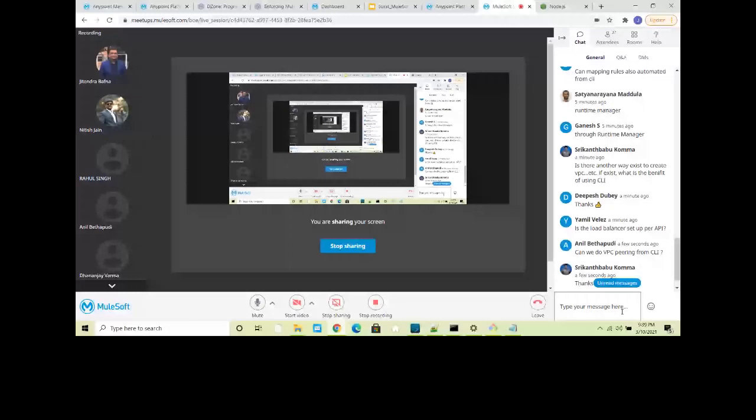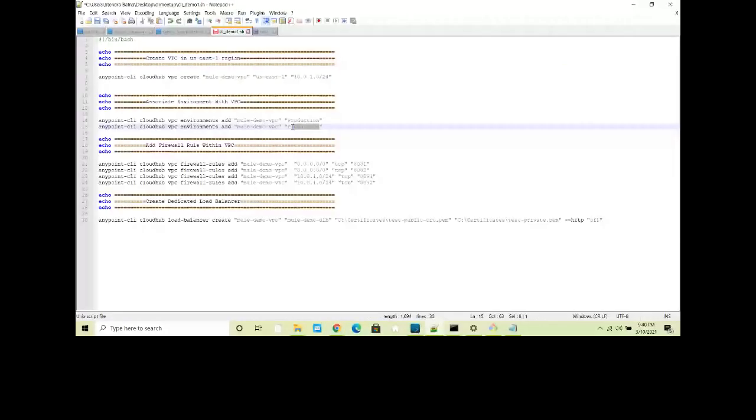So Anirudh, it's a good question. Generally, if you go to VPC, you just pass the multiple environments, separated by a comma, in a script. Where is my script? Let me find the scripts. In this case, if I have multiple environments, I can copy this command again and put it here, and if I have another environment, dev, I can just pass dev. So it will associate dev also. That is how you can do it.